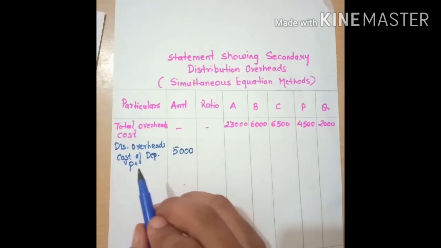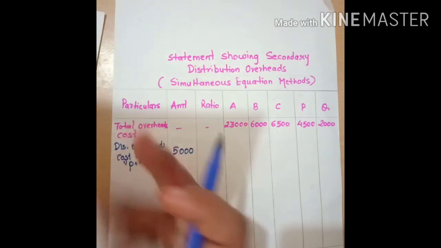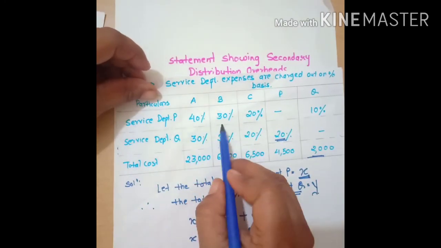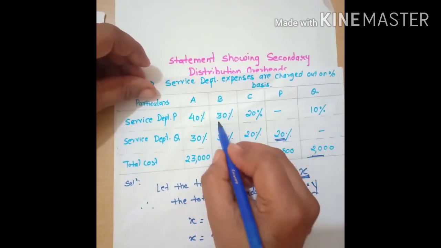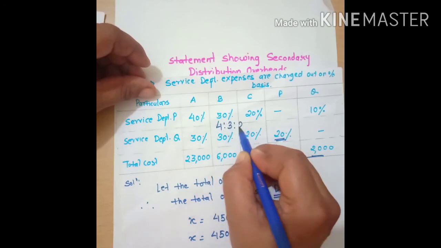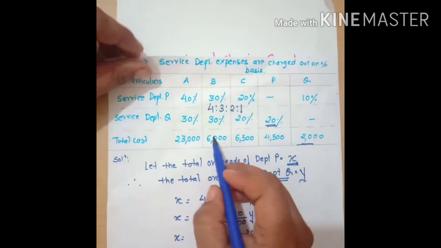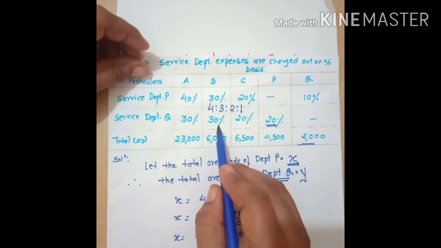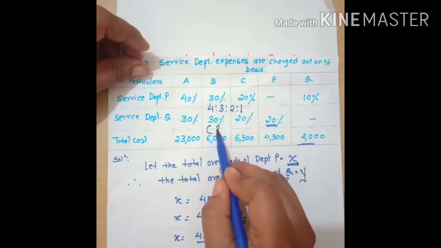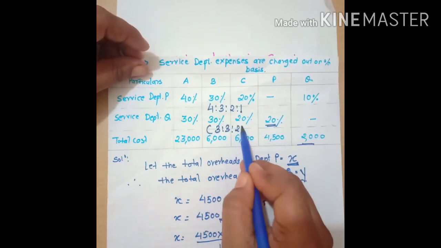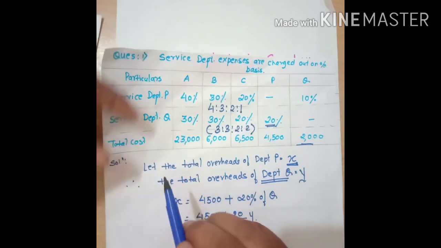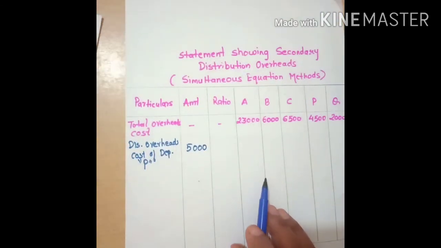So on what ratio are we going to calculate? The answer is here. Here it is 40%, 30%, 20%, 10%. So your ratio is 4:3:2:1. In the next case, 30%, 30%, 20%, 20%. So your ratio is 3:3:2:2. Okay. So your ratio will be